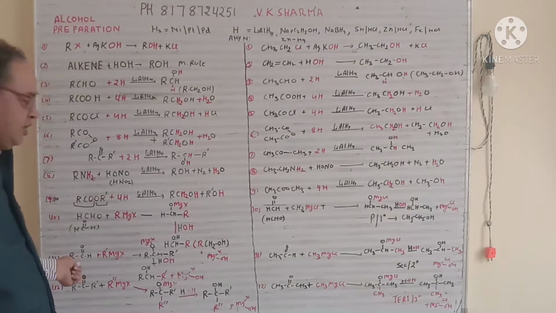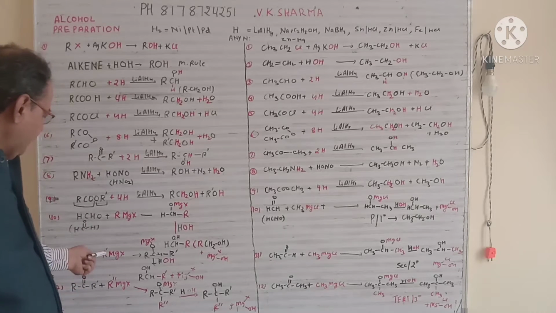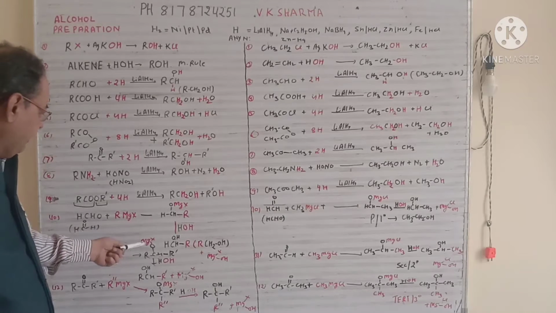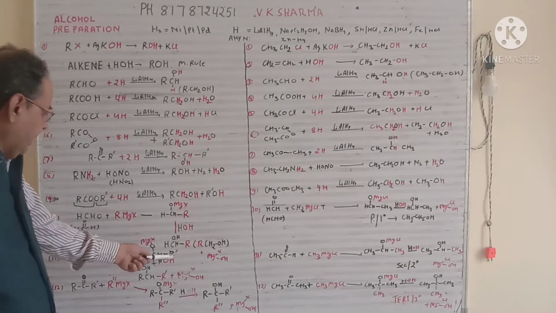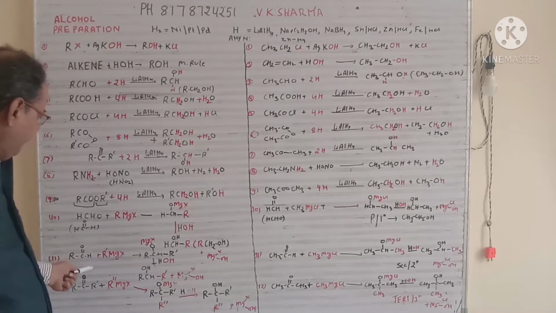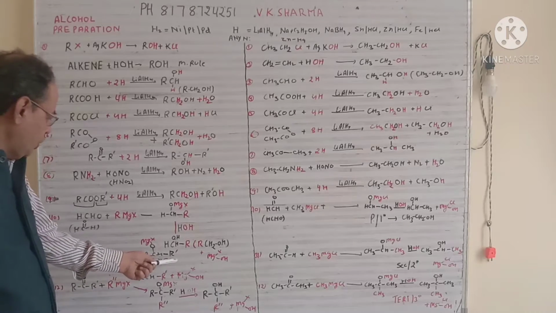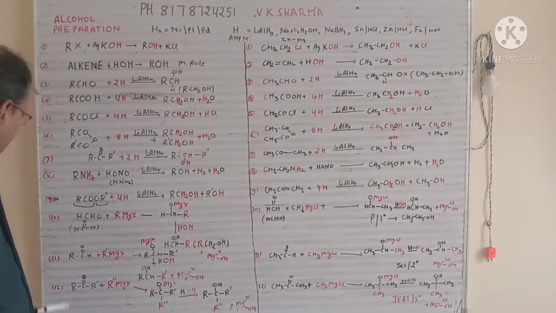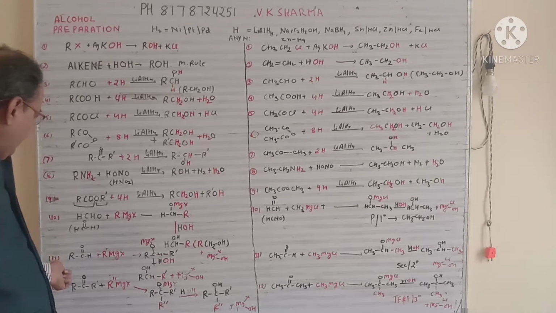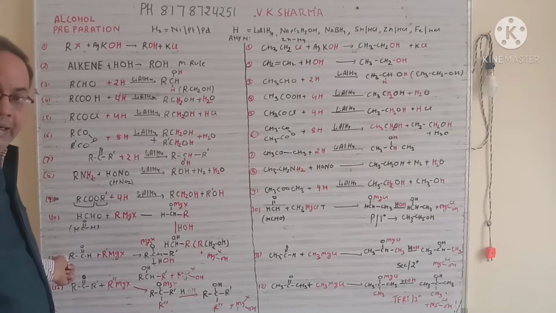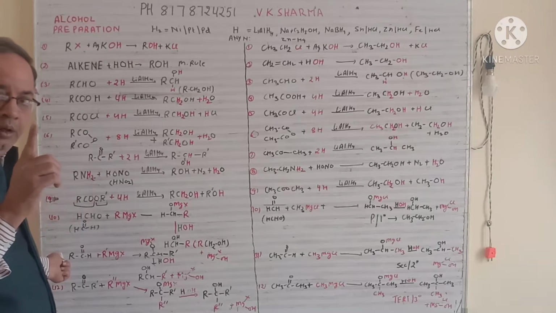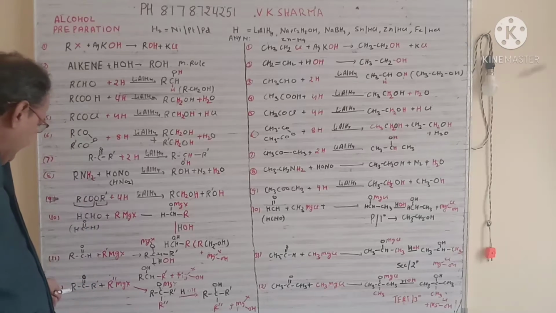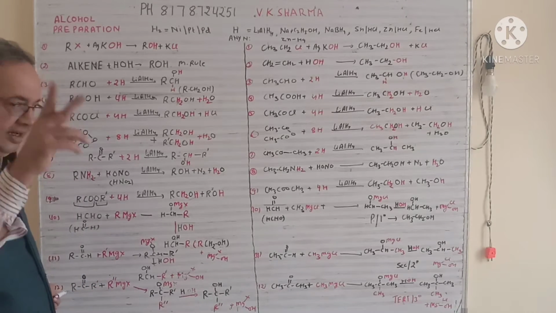Same way you take any RCHO, it will react with RMgX. So again the process is same, magnesium will attack on the oxygen, so OMgX, and R' will be received by this carbon. Further, when you react with H2O, that will give you RCHOHR' plus Mg(X)OH. So just keep in mind, when you have more than one carbon in the aldehyde, it will give you a secondary alcohol. When you have a single carbon, it will give you a primary alcohol. And now ketone will give you a tertiary alcohol. This is the concept.